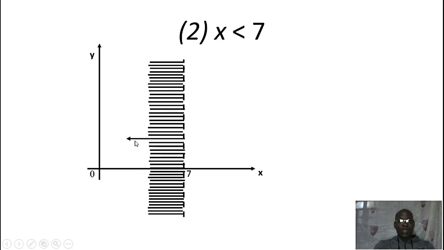See the direction of the movement in the shading. Any number on the left side of 7 is less than 7, towards 0 and even beyond that. So you shade leftwards. The length of shading does not matter. Once you show the direction, you can draw the shading down to where there is 0 and even across. But it is better you do it in this way. This arrow put here is not compulsory. I am just putting it there to let you understand the direction of the shading. Otherwise, without the arrow, the work is still well done.